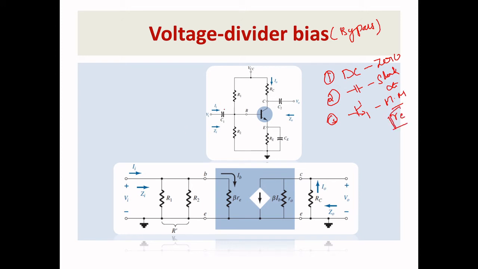Okay, so very simple step. First step, I am removing this DC. While you remove the DC, this R1 will be connected to the ground. So this R1 and R2 will become parallel. So it was given as R dash. Only for my understanding, I have given R dash to avoid confusion.